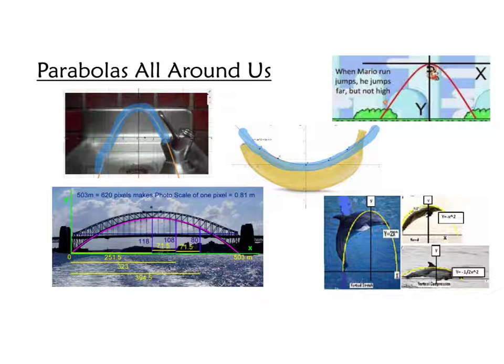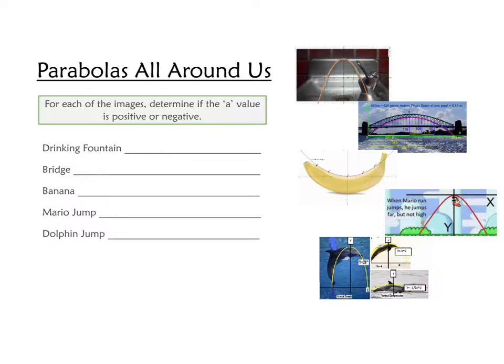Not many of us are unaware of Mario and what he can do. How about a bridge? Here you go. Dolphins, other sea mammals, obviously always have some kind of parabolic arc to their jumps. In the parabolas around us, they would like us to answer for each of these images if the A